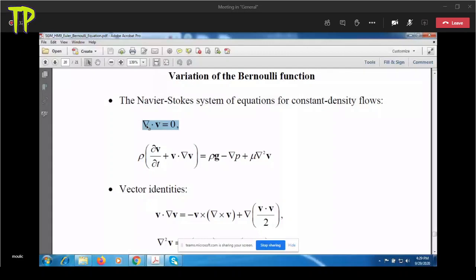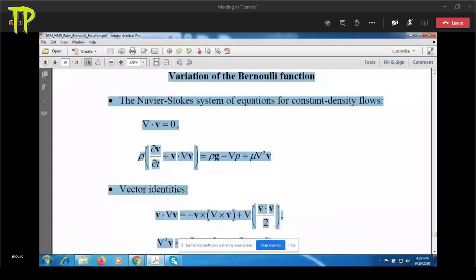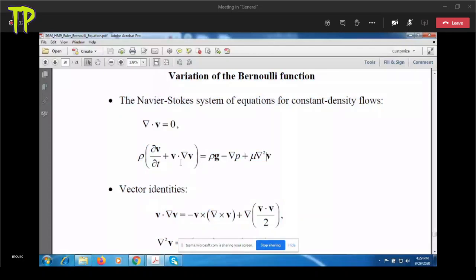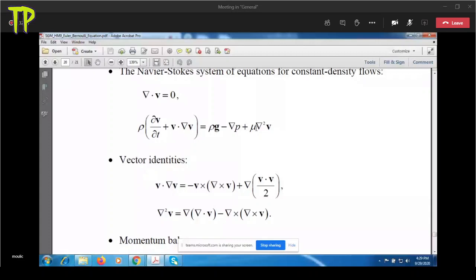And if you look at the momentum balance for a Newtonian fluid, you will have this additional term, mu into Laplacian of the velocity. Now, for an ideal fluid, mu is 0, so this term is not there. Okay, so I'm considering viscous effects also. Now,